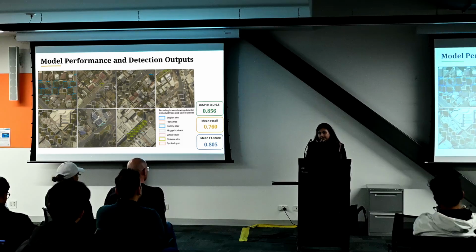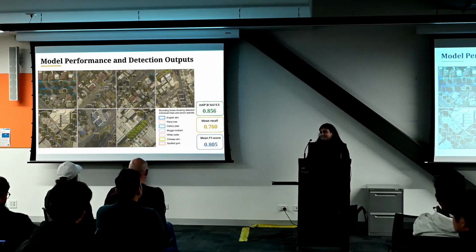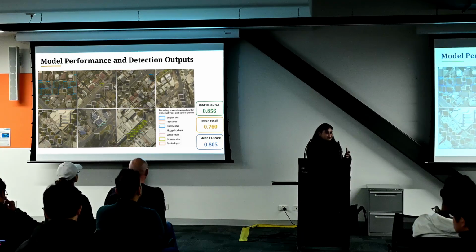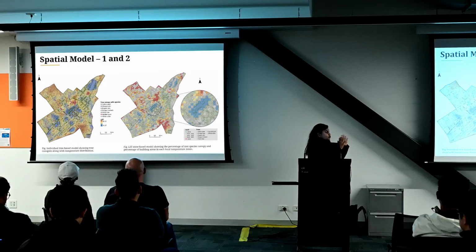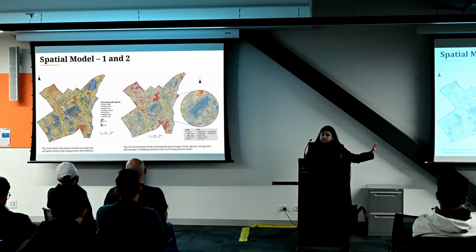I heard that machine learning models can be very difficult to run, and there can be a lot of problems, but for me, I really did not face such. It may be because my friend told me about transfer learning and to use pre-trained models, and it really eased up my work, and I could detect the tree species very easily. And once that's done, as I said, I built 2 models. The first model was just about the tree and its distribution, and the second model was a zone-based model.